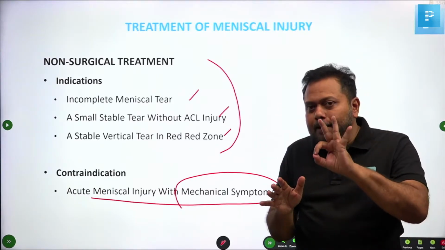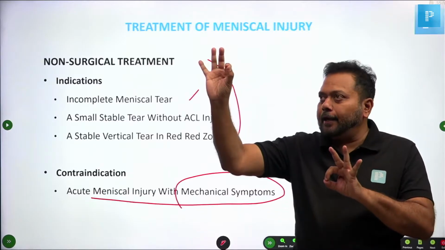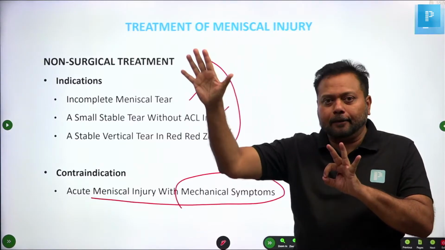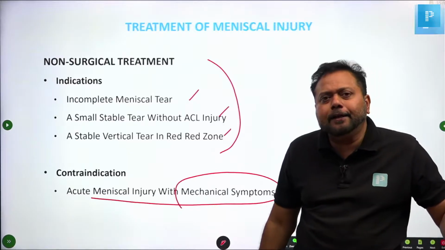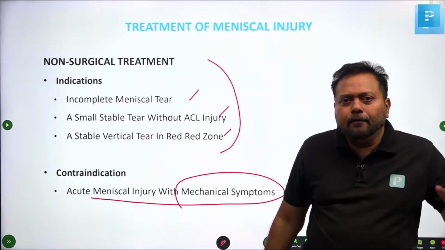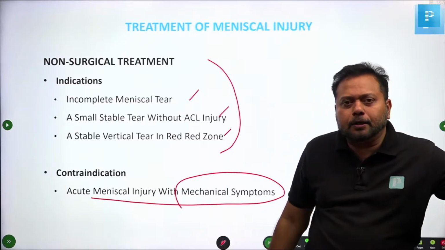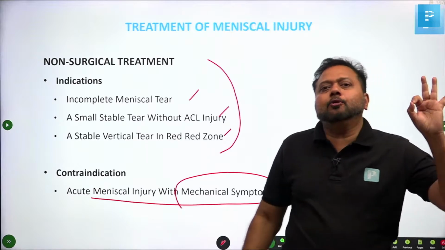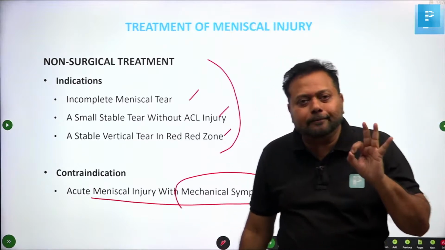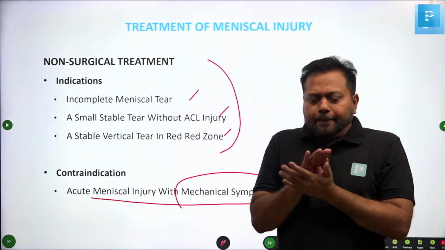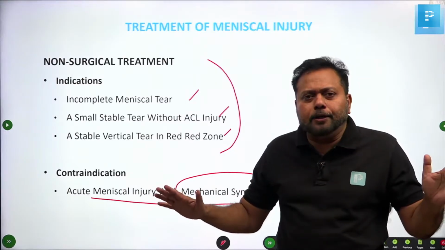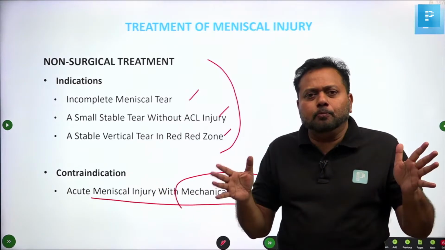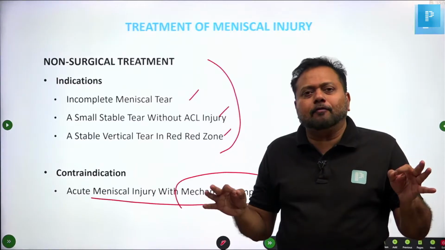What are the 3 mechanical symptoms? Locking, popping, clicking. Locking means, for example, I am flexing or extending the knee. Suddenly, for few seconds, knee got stuck. Then with force, I continue to flex. That is called locking. Second thing, I am sitting standstill, absolutely not moving my knee joint. 0% movement, complete standstill of my knee joint.